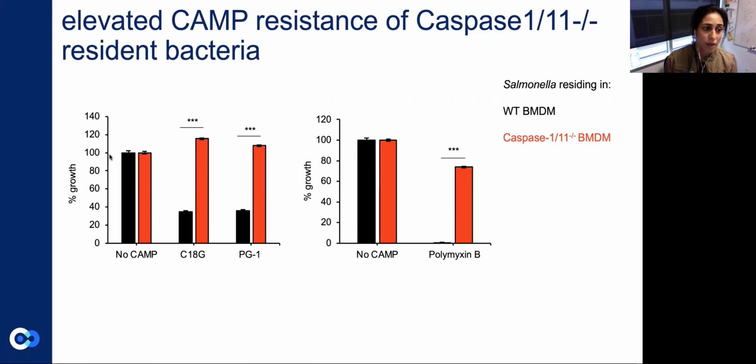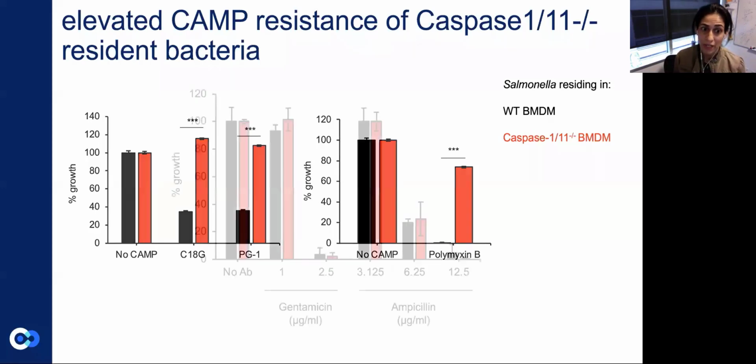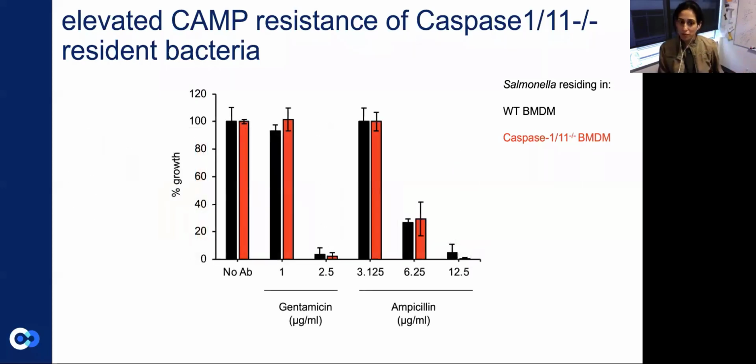And as a little bit of detail, the growth in the absence of cationic antimicrobial peptides is set here at 100%. So any decrease that you see is basically a percentage decrease in growth isolated from the wild type bacteria, and any recovery that you see is again a percentage recovery here. So it appears that bacteria isolated from the 111 knockouts not only induce more 4P4Q, they're also resistant to these antimicrobial peptides.